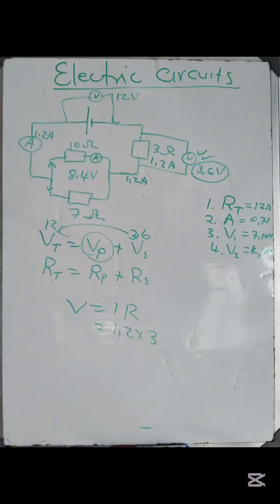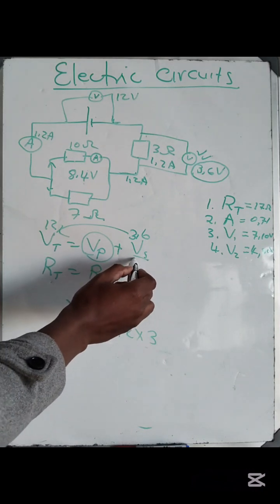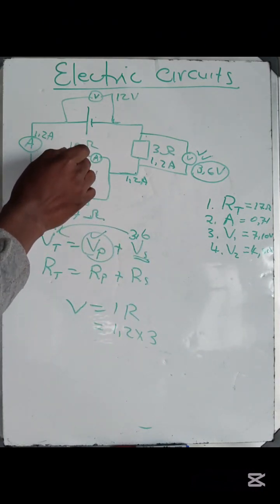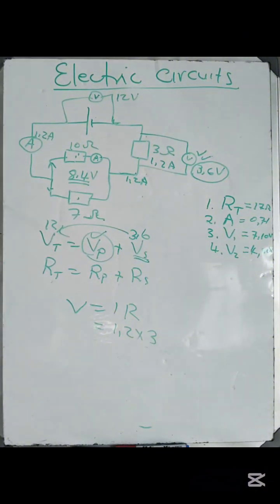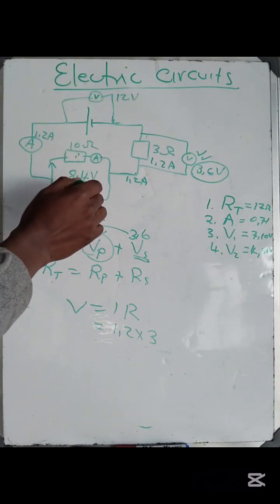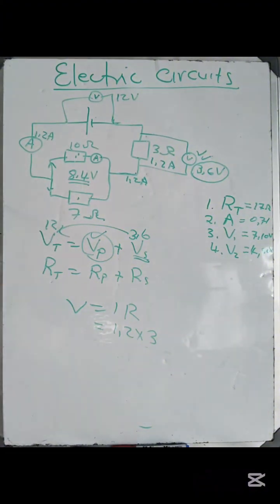That is the voltage. So since there is this series, it will take some voltage, then what is left goes to the parallel. So these two will have which voltage? It is 8,4, because they are parallel to each other. They will not have 12. The 12 is for the parallel and the series together. So they will not have that 12, okay?